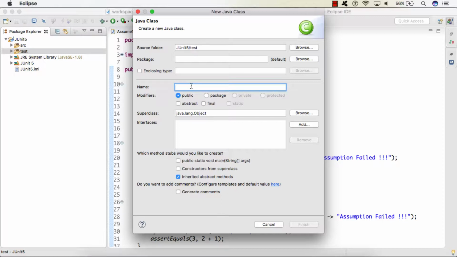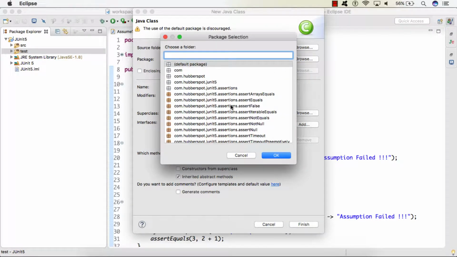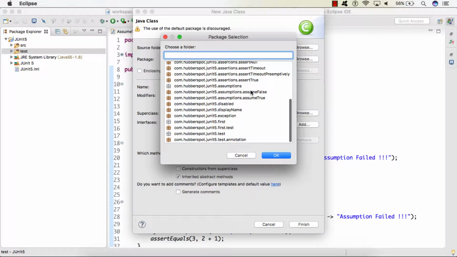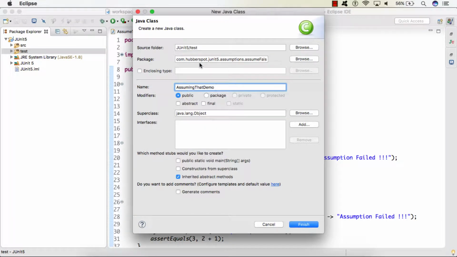I will give it the name AssumingThatDemo, and I will keep it in the package com.hubspot.junit5.assumptions.assumingthat. So we'll click finish.